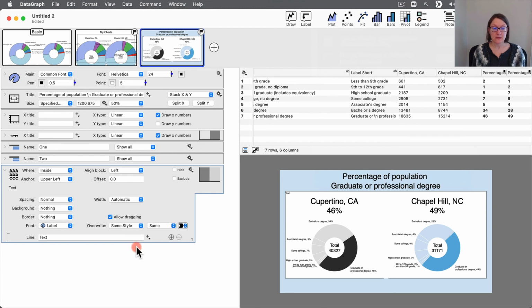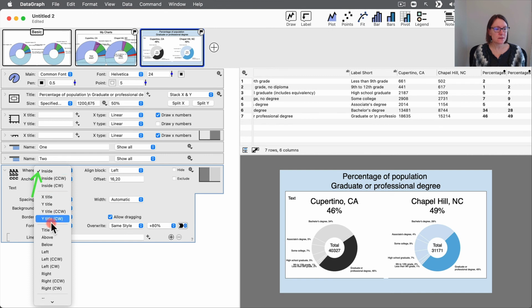that has, let's see, here's the text. This looks tiny here, but we're going to use maybe a different style here, or just make this, oops, not smaller, make this larger so you can see what I've got here. And I don't want this inside the graph itself. That's what this where setting is. It says I'm putting this text inside the X and Y domain within this, which is the white part of the graph right now. Let's go ahead and put this in